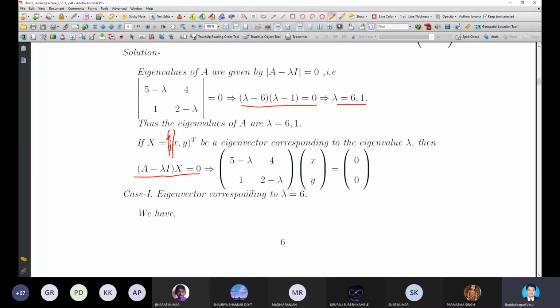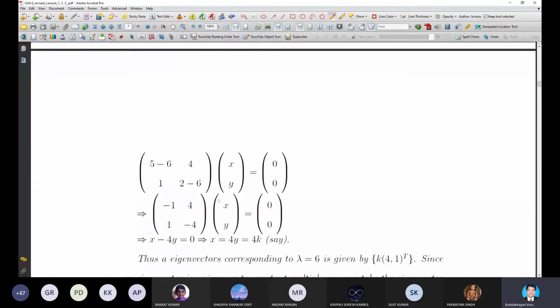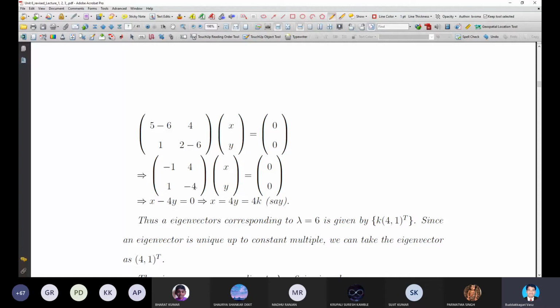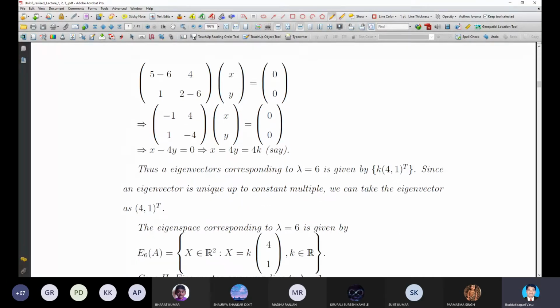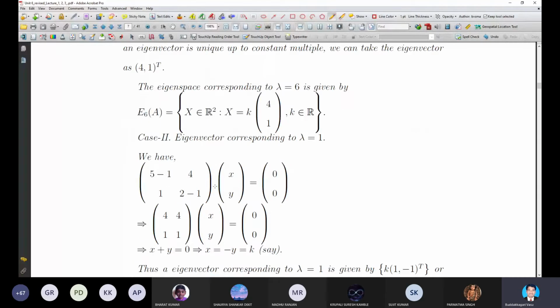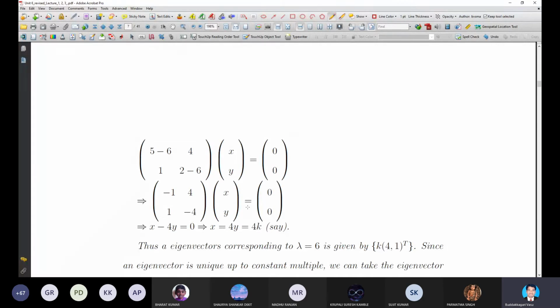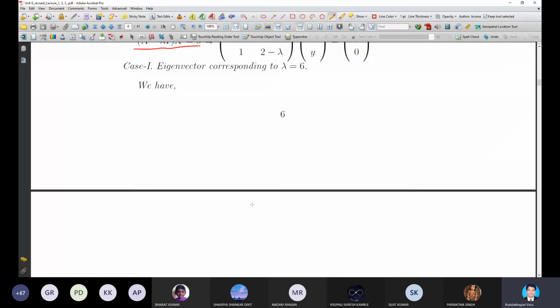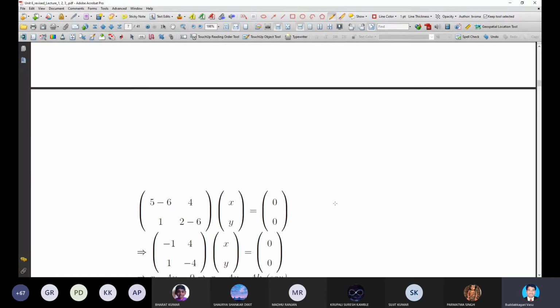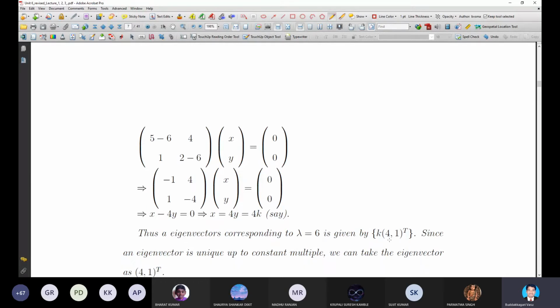We have to solve this system of equations for the corresponding lambda, where first lambda 1 is equal to, say, 6. Put lambda is equal to 6 over there, and we get minus 1, 4 and 1, 4. Now we need to solve this system of equations. That solution I will give you with a simple logic later in the solution of the problem. Like that, we have to find the vector. That means the solution of the matrix equation for each eigenvalue results in the eigenvectors.